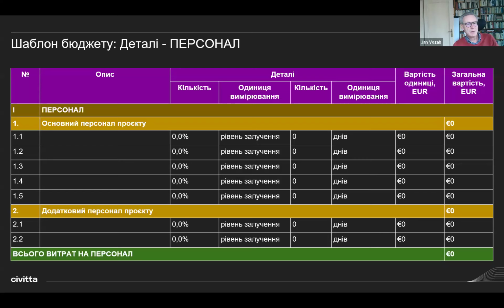So here you put the proportion of their time they will spend for the project. So you will see an example later on. Then these are the units of the measurement of this amount of time, and now the same for the number